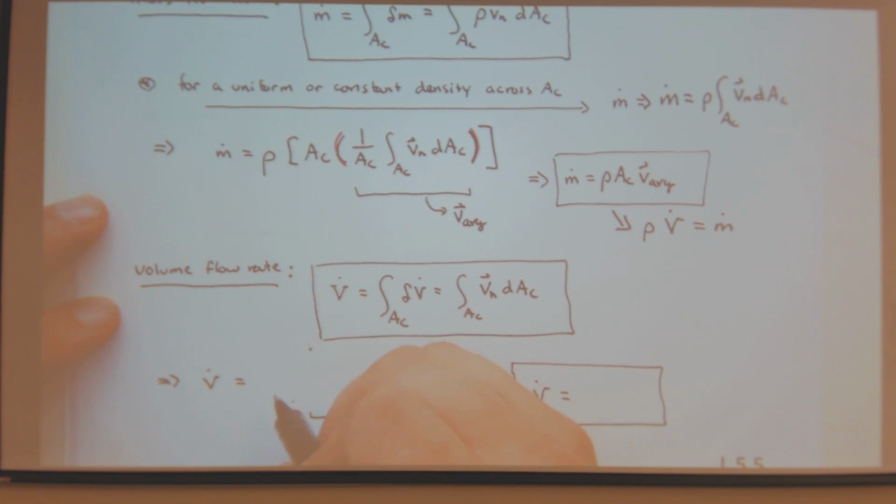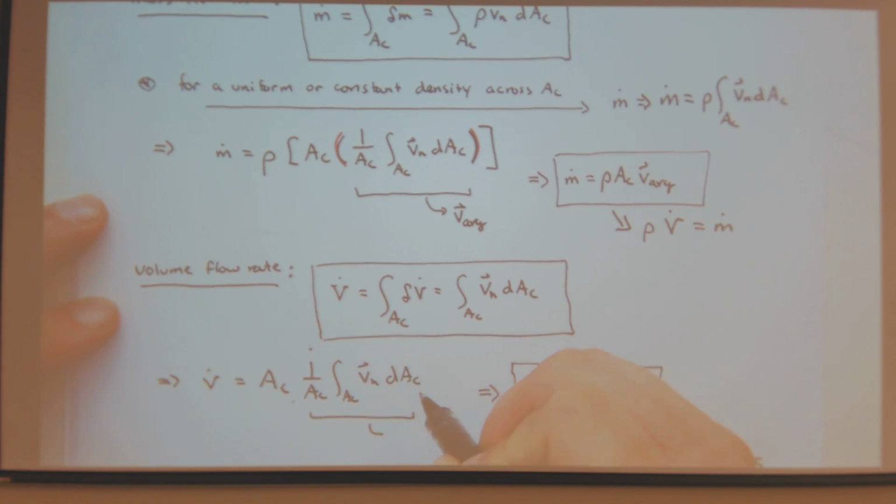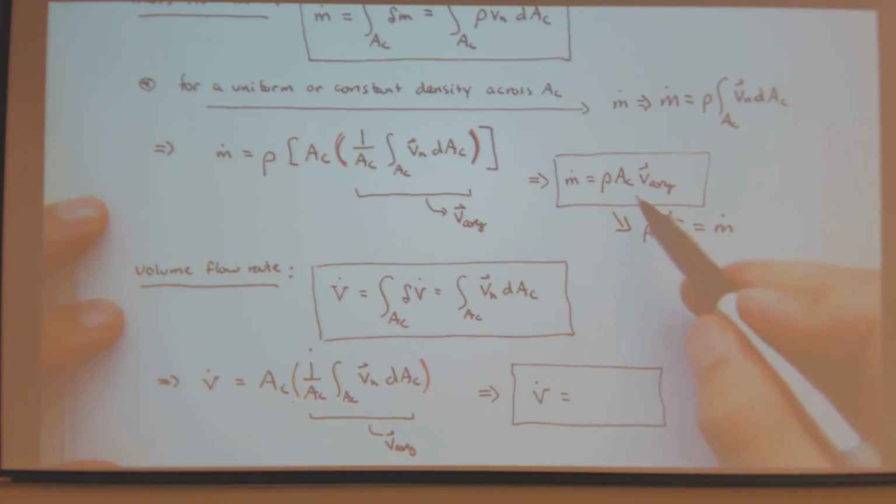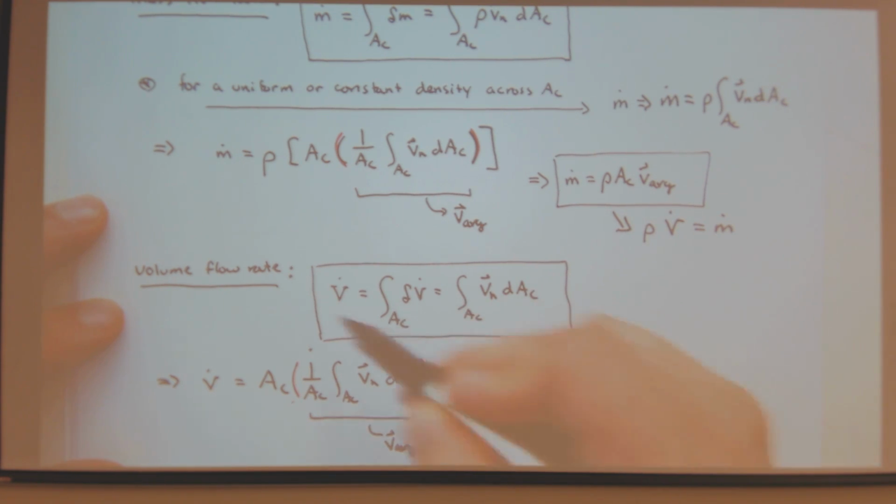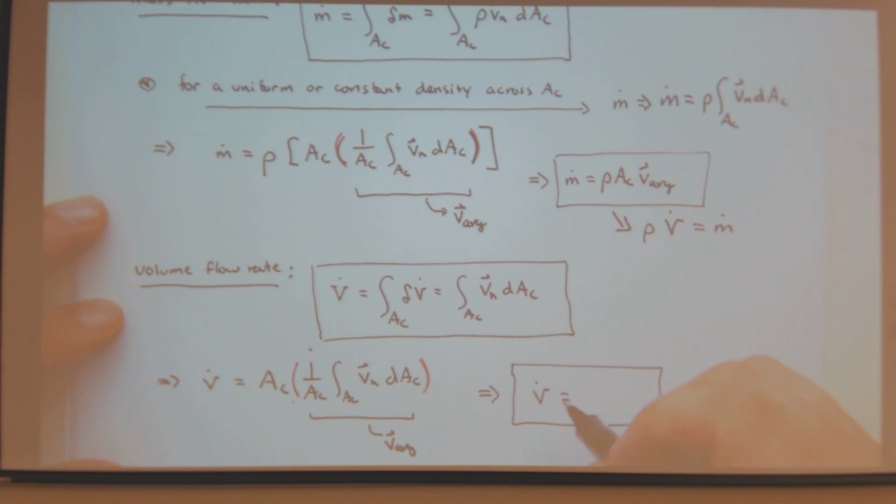So v dot equals AC times 1 over AC times the integral over AC of Vn dAc. Again, I'll put red brackets here, and this is my V average. I said this in words, and then I went through the whole calculus version, showing that V dot equals V average